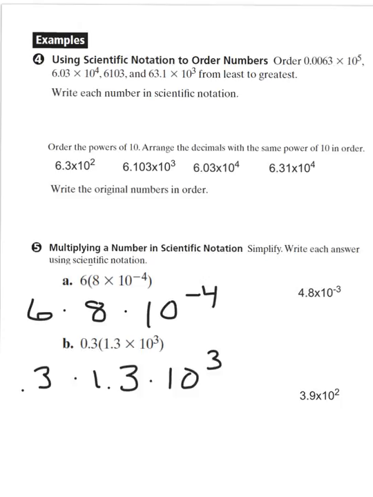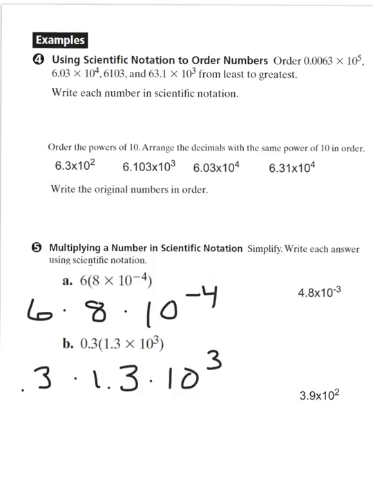So using the associative property, you can multiply in any order as long as you're just multiplying. So if we look at example here, A, we've got 6 times 8 times 10 to the negative 4. So when I'm multiplying numbers by scientific notation, I like to multiply my whole numbers together and then multiply my base. The same here. 0.3 times 1.3 times 10 to the third. So I can multiply those, and most of you can multiply that in your head, and you get 48, right? Times 10 to the negative 4. Now, 48 times 10 to the negative 4 is not proper scientific notation, so we have to move that decimal place 1 place to the left and add a power there, and we get 4.8 times 10 to the negative